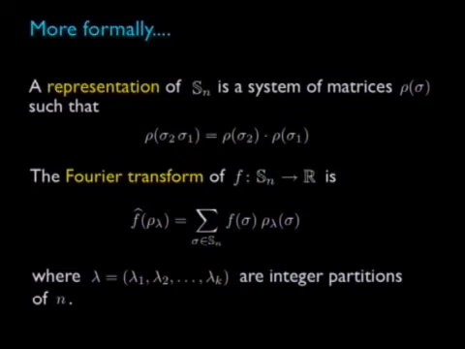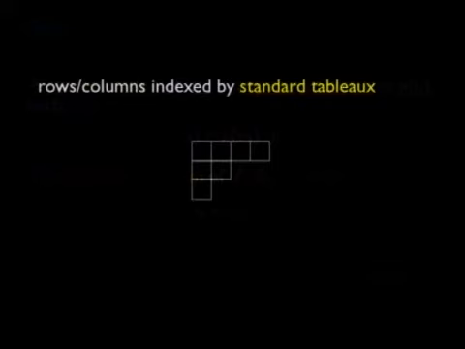Okay, so I don't need to go over this slide again. I already told you what the representations and what the Fourier transform look like. What I have not told you, of course, is how to actually compute them. And I don't think I'll get a chance to tell you in the remaining 10 minutes either. But I want to give you some flavor of what happens here, in particular how to even enumerate the different representations, because those are going to tell you what the components are that we are going to worry about. Well, it turns out that the canonical thing to do is to label those by these Tetris shapes